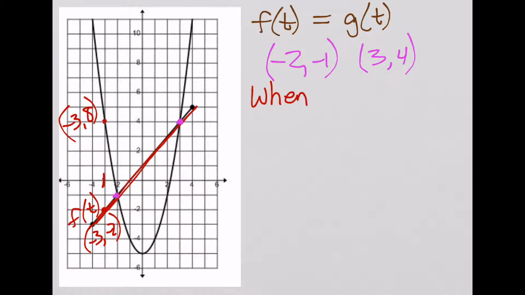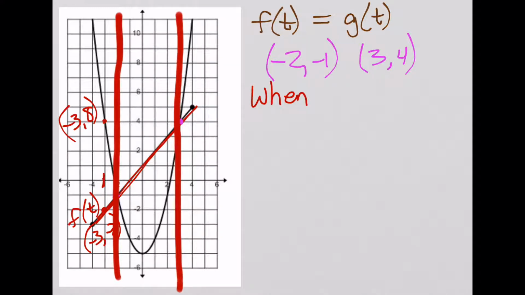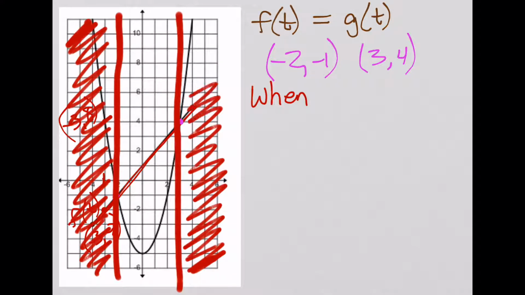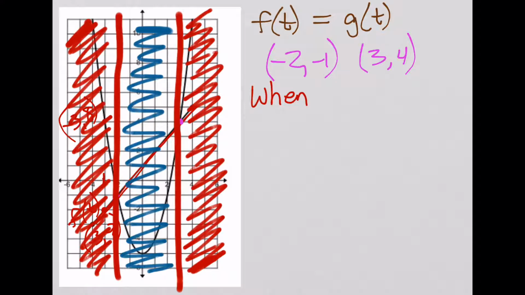And so I'm really trying to find the best way to maybe help you see this, and I hope this helps. If I were to chop this function right here and right here, imagine those are perfectly straight lines, and I am not looking at any other part of it. Okay, we're not looking at that, and we're not looking at that. I'm just cutting all that out. We're only looking at this section in the middle. So then I would say, when is the straight function above the curved function? You would say, well, it's in this whole time, right here. It's above in between,